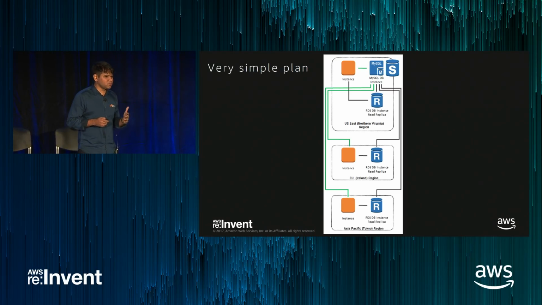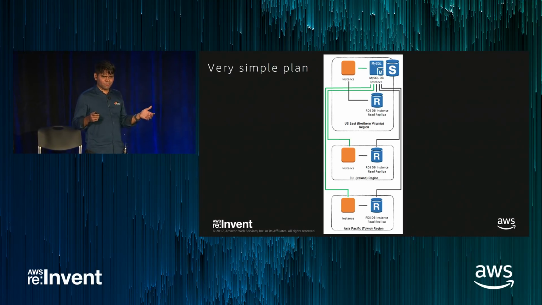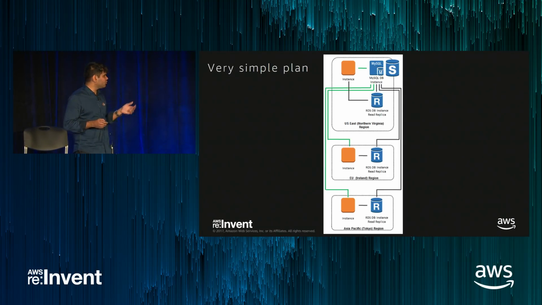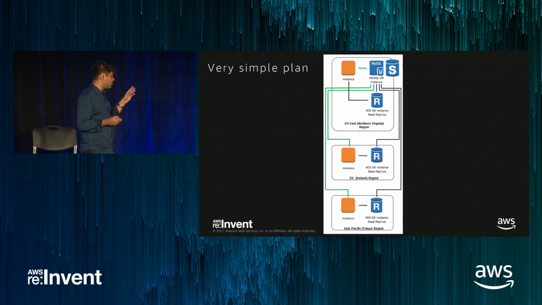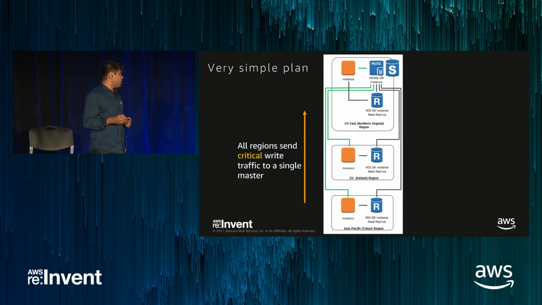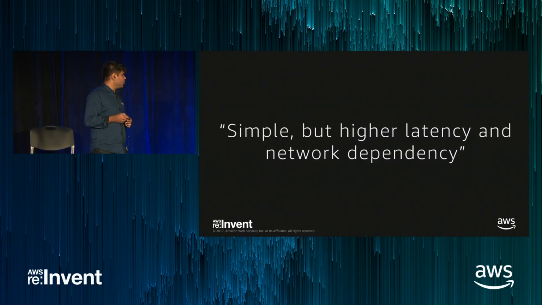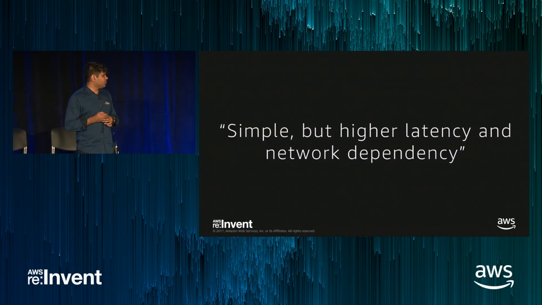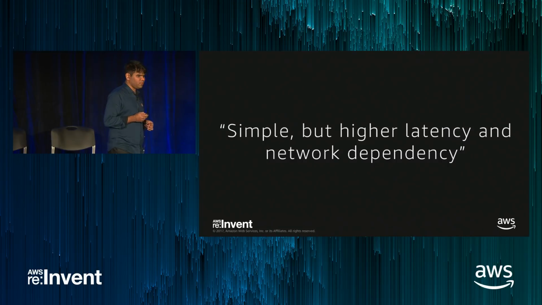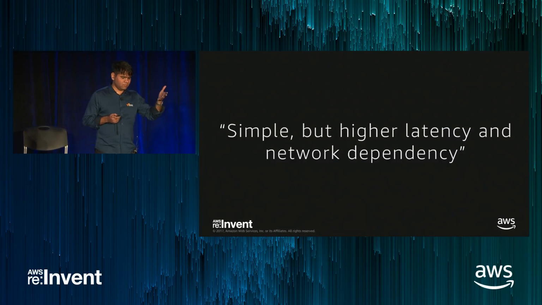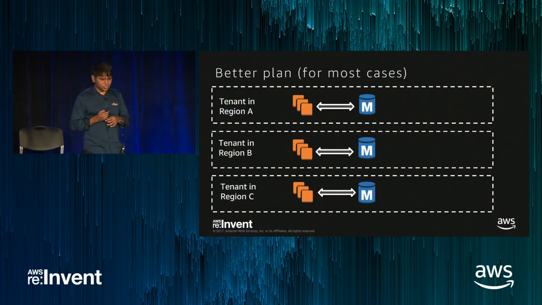And in most systems, you perform 100 reads for every write. So this scheme of things, however simple it may look, it does work. Write traffic goes up, read replica traffic comes down, and you can live happily. But there are going to be some challenges. There is going to be a little higher latency, and there is going to be network dependency. What if the network breaks down?